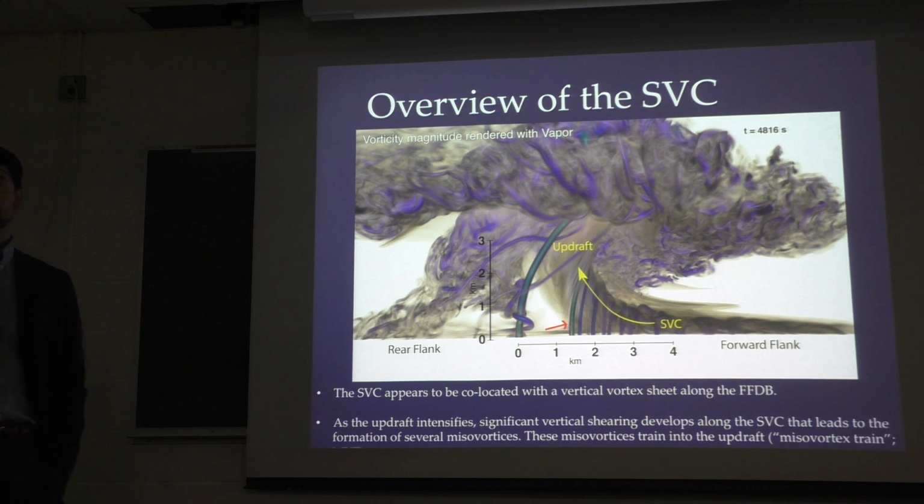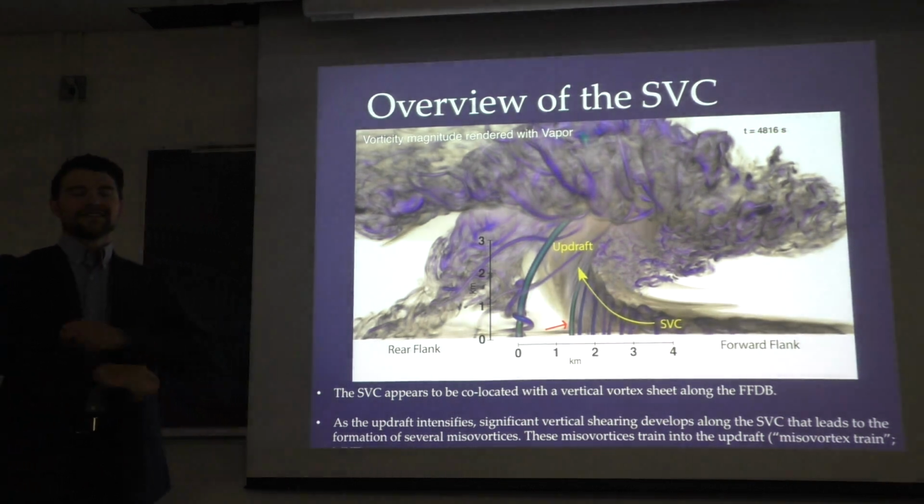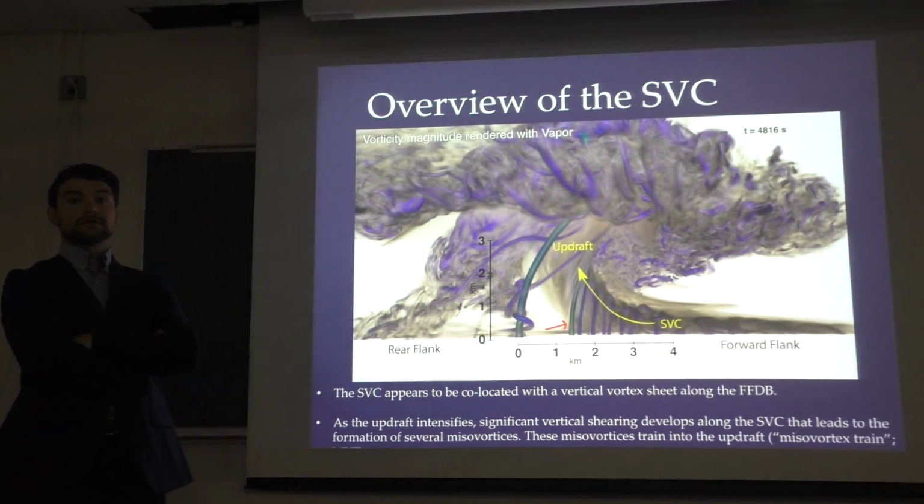Real quick, looking for these features in radar, the SVC and the mesovortex train, is all basically done visually by you looking at imagery. Is there any hope of using machine learning or multi-dimensional analysis, looking at the evolution in time or vertically, to identify these features in either research or radar data in an algorithmic way? Well, that takes the fun out of it, but yeah. But I mean, it might give the person sitting at the forecast desk something to look at. Yeah, they're already doing that.